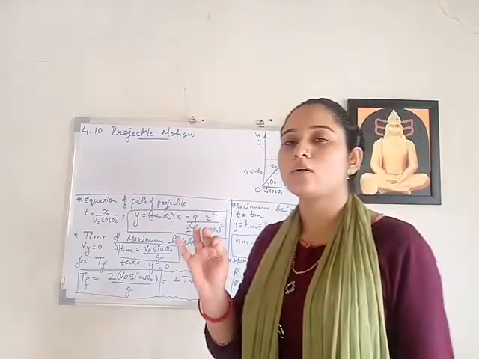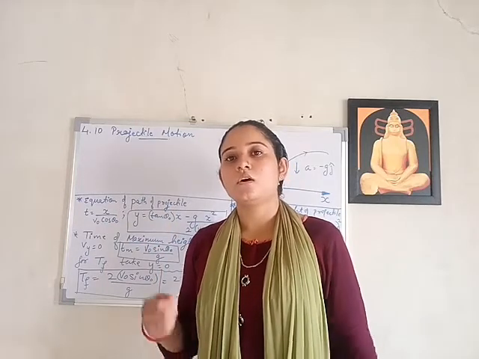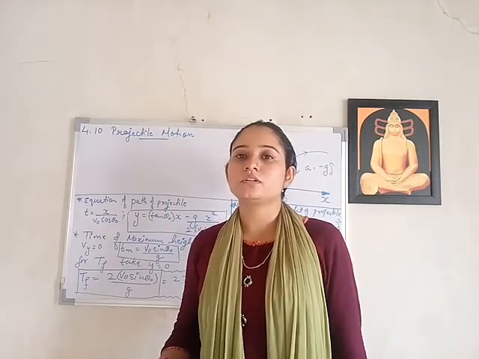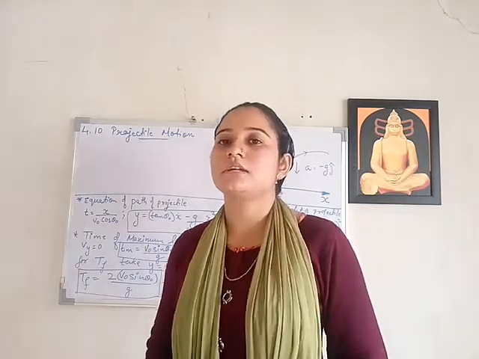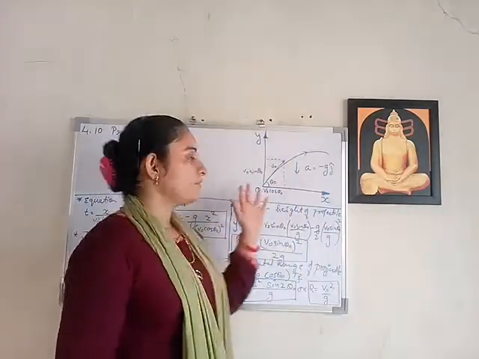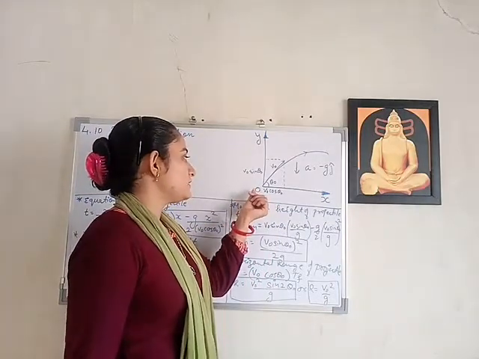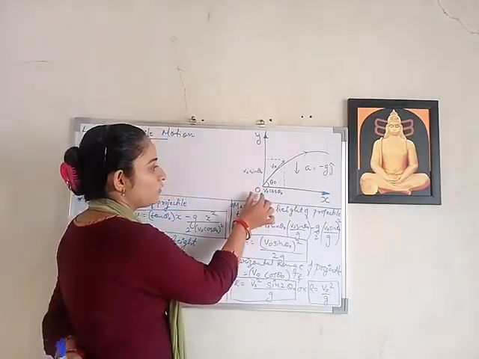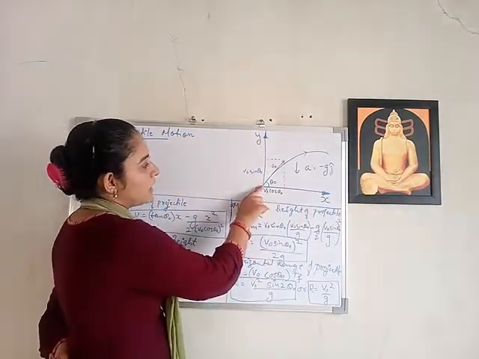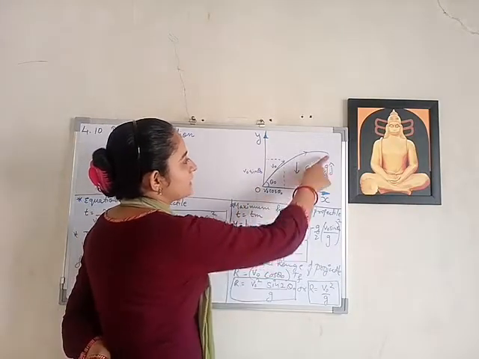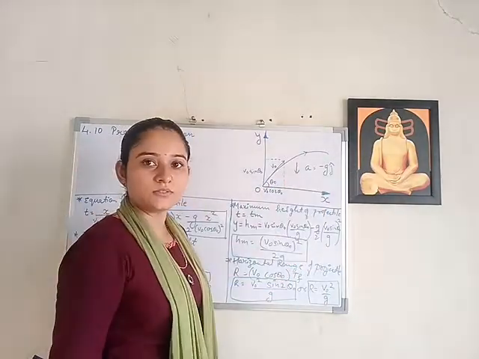When you throw an object in any direction upwards, or you project it, then its motion during the flight is projectile motion, and the path which it covers is the projectile path. So here we are taking one example. This is the coordinate axis, with origin O, x-axis and y-axis. Now if I throw one object in this way, this motion is your projectile motion.